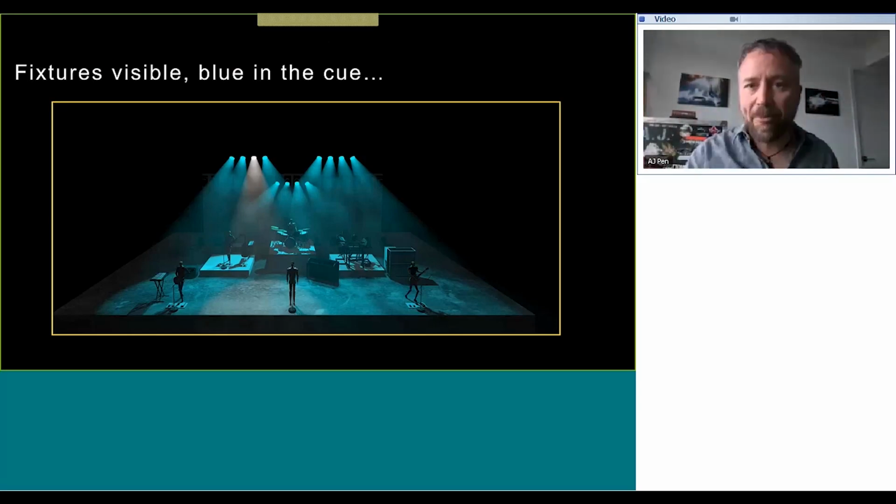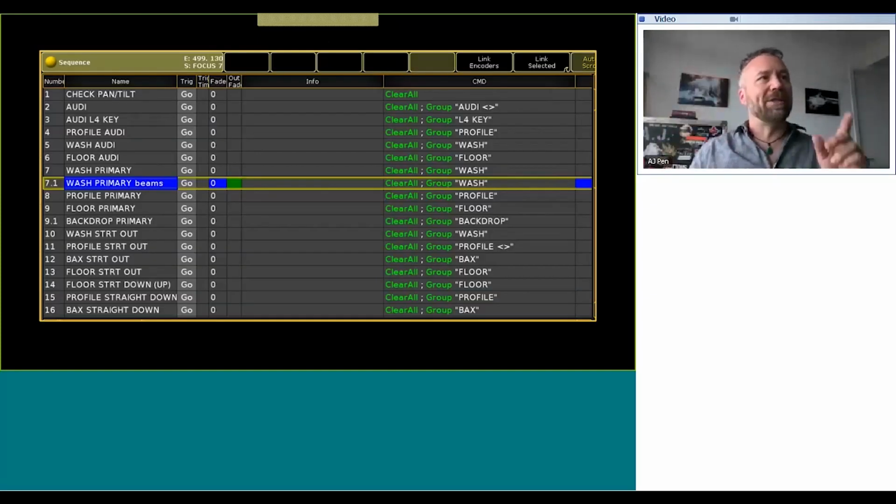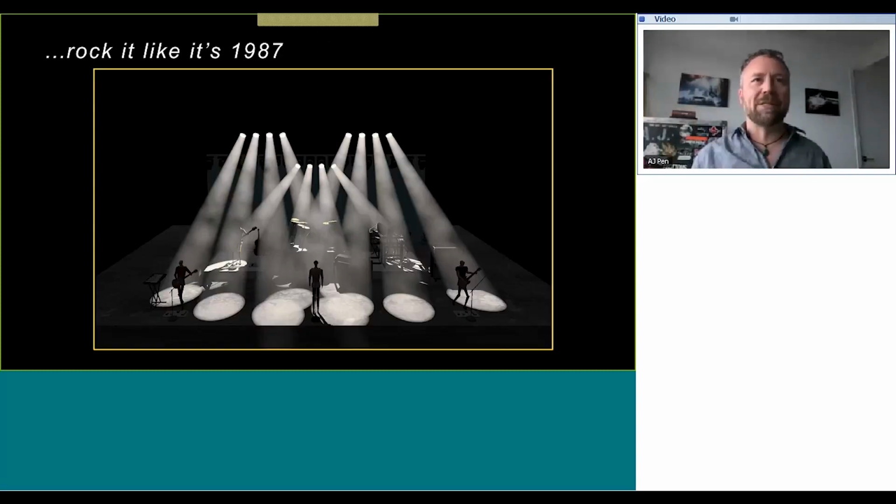There you go. Also, in this example of my washes, with this general wash, I want to create a nice even wash from behind over the whole stage. But I might want to check it again. You see I have this cue called Wash Primary Beams. I like to make sure that it looks like a nice little ACL fan if you tighten up all those beams, so you can double check that as well. The key is you have this list that's reminding you to do all these things. And if you finish the list and the list is exhaustive, you're ready to do the show for sure.